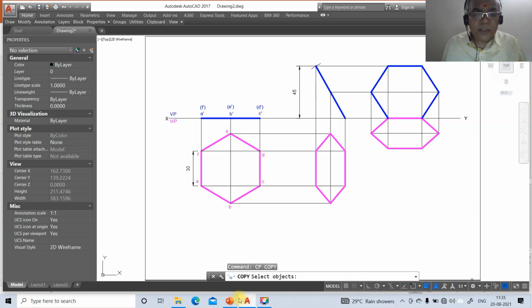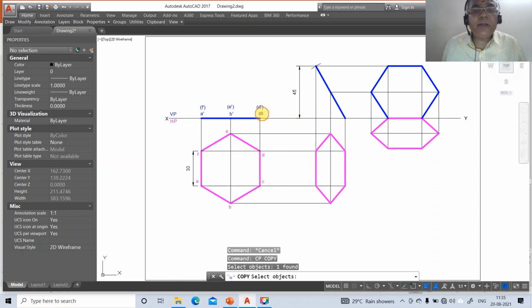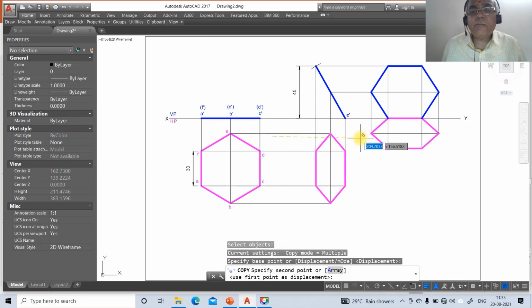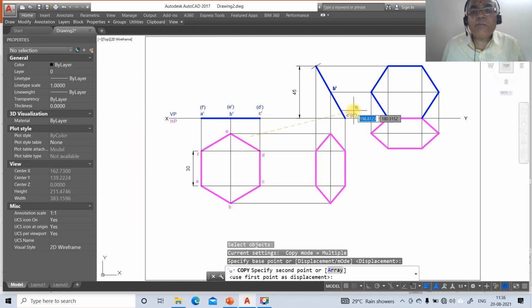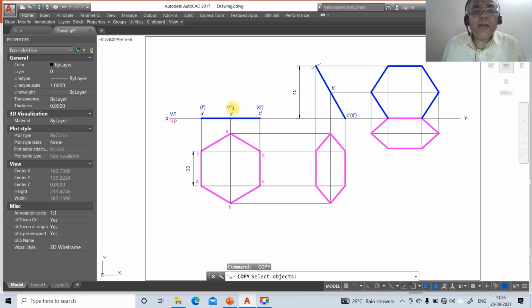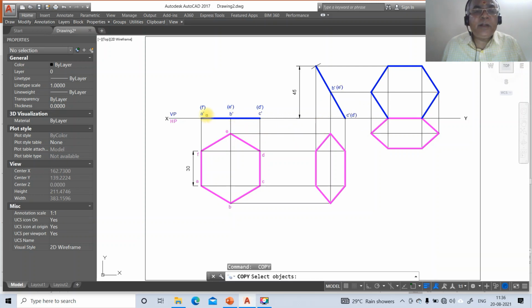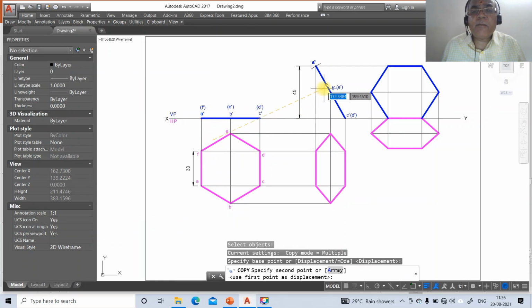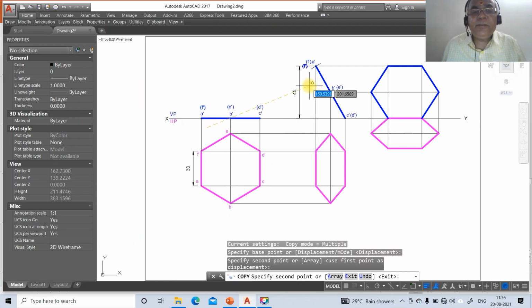So once you come down to this, here C dash D dash is on the XY line, so you just go to copy, you take that C dash and from here it is D dash, and then come down to B dash, and from here you mark it as E dash, and here you just type A dash, and then you copy this to make it F dash.